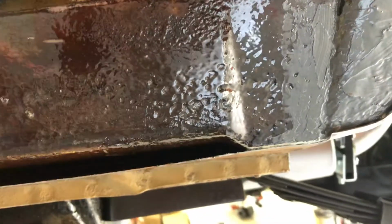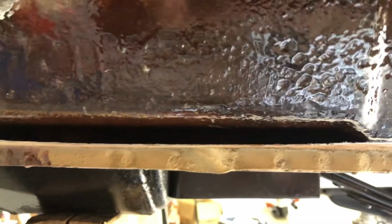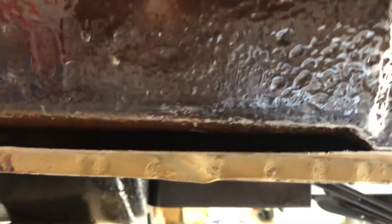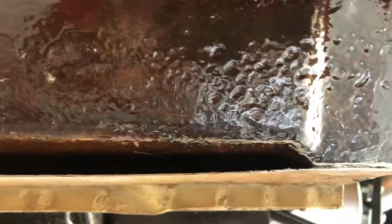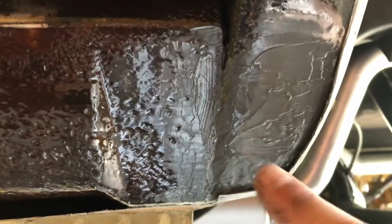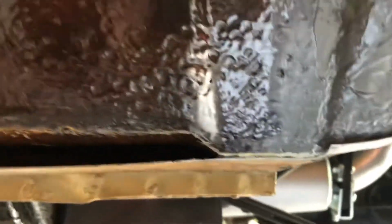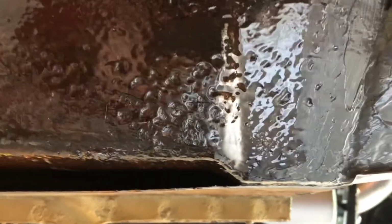So, I'm not good enough to hand make this outer wheelhouse piece, and I can't do that and then fill in this corner piece and those holes. I'm trying to watch my finger instead of the phone. The remaining sheet metal of this whole section is so thin, there's no way I'll be able to weld it. So I figured the best thing I could do here is POR-15 it,